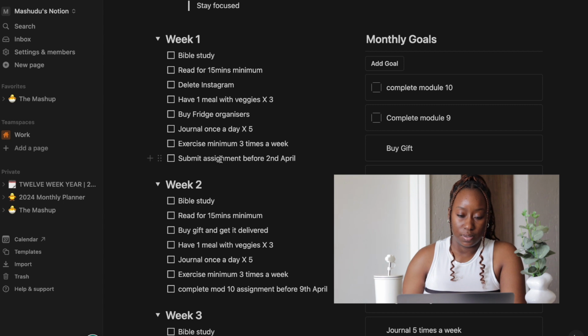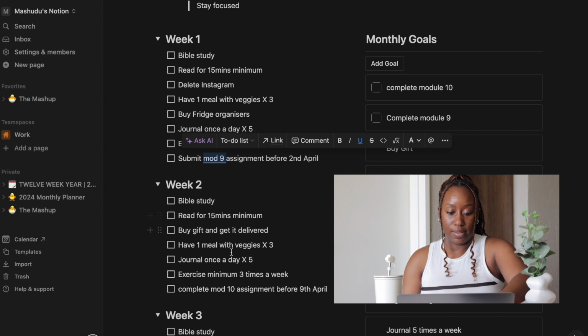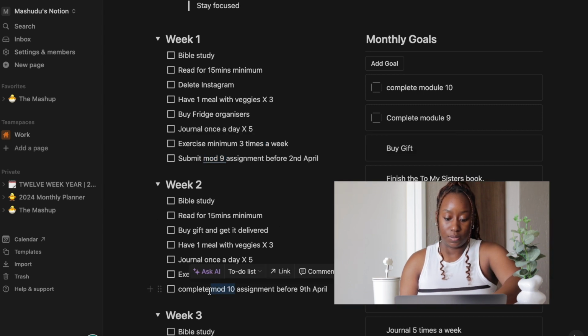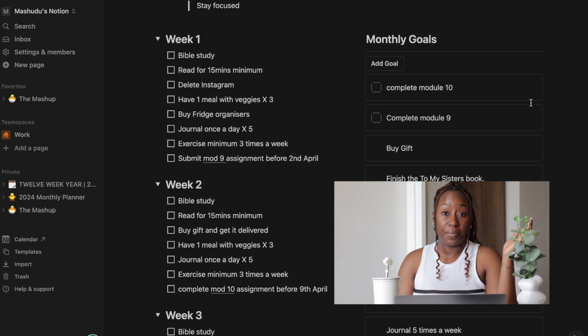Cool. Let me write mod 9 here. Let me underline that. Cool. These are school commitments.